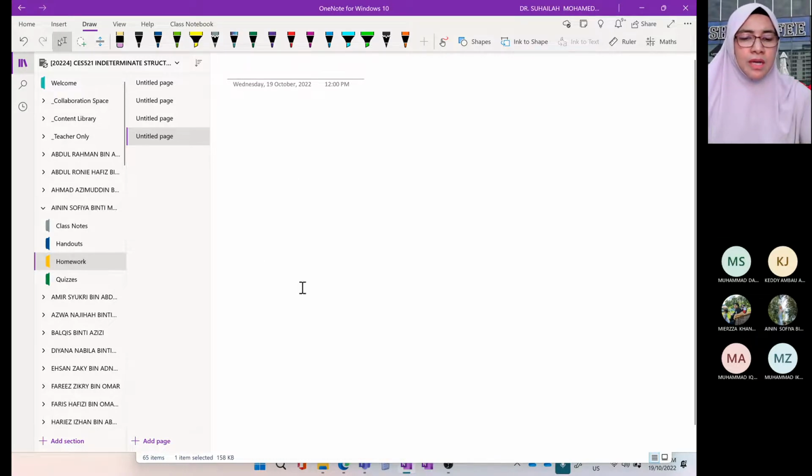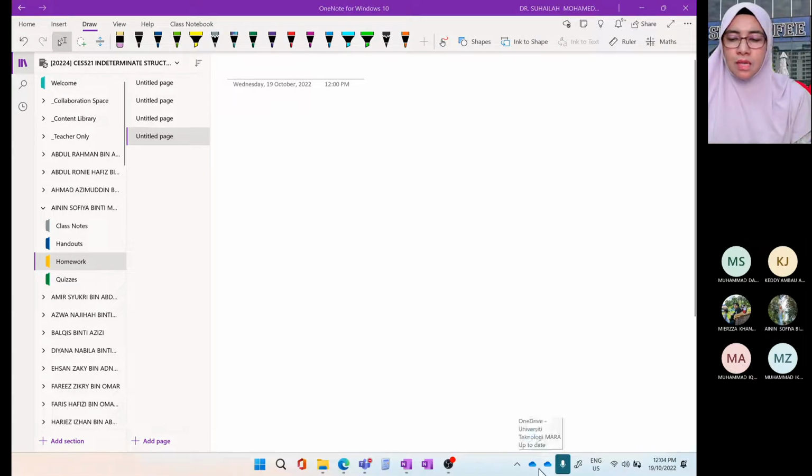Senang nak refer. Okay, dan cara paling cepat nak scan latihan yang you buat adalah dengan guna OneDrive camera feature dalam phone. Kalau you install OneDrive, dia akan ada satu kamera dekat dalam OneDrive. Kamera tu boleh scan dokumen terus masuk dalam OneDrive. Dan daripada OneDrive tu, you boleh drag masuk ke OneNote. Itu cara yang paling senang.